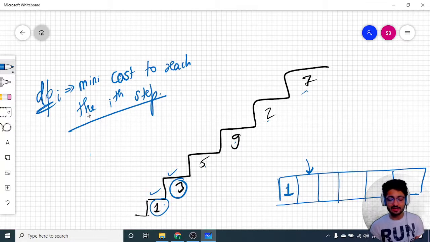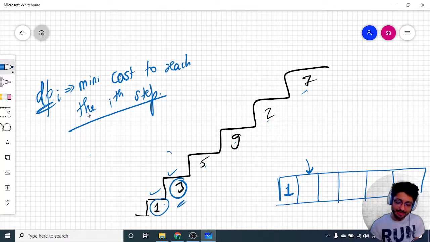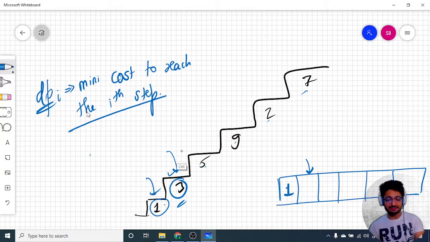Because see, DP state, just remember the DP state. Just find out the value for the ith state. Don't talk about or think over all the other states. Just think over the current state and find the value for that. If my current state is that I want to reach this staircase, the value with 3. If I want to reach this staircase, what is the minimum cost I have to give? I can directly stand on this staircase because it is given that I can start from this or this. If I directly stand on this staircase, the value I have to pay is 3.